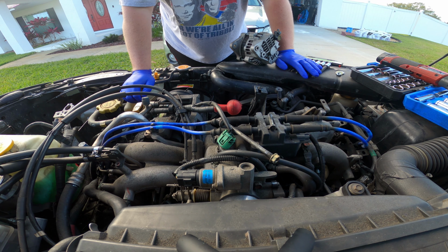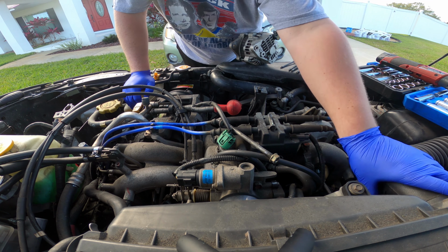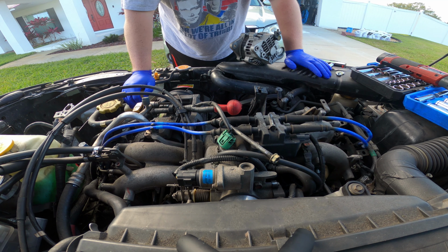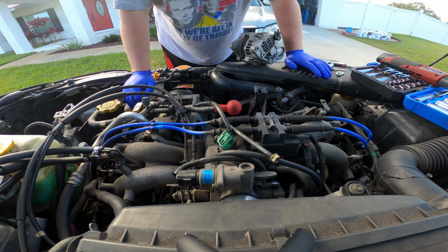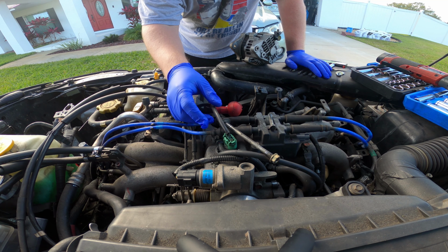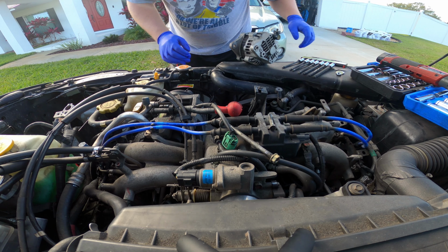This morning I came out and started my car, and it started up a little slow. The dash wasn't coming on, the radio wasn't coming on, and all the gauges were flickering on and off all over the place. That's a telltale sign of a low battery or a poorly performing alternator. So